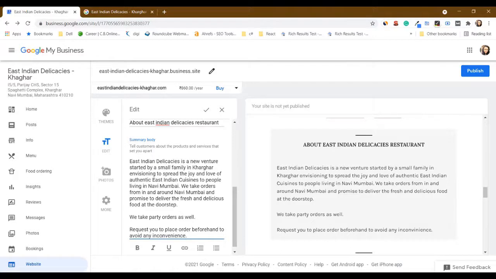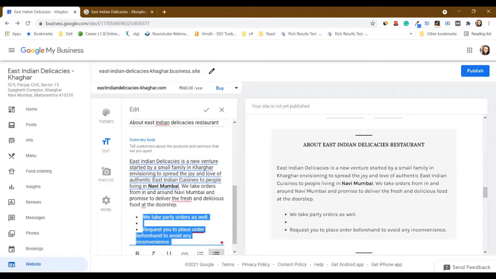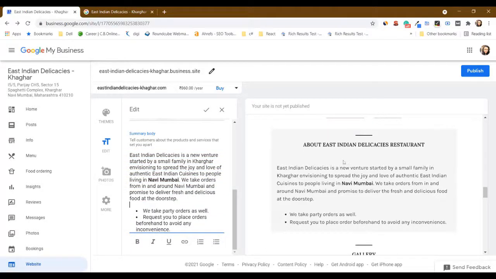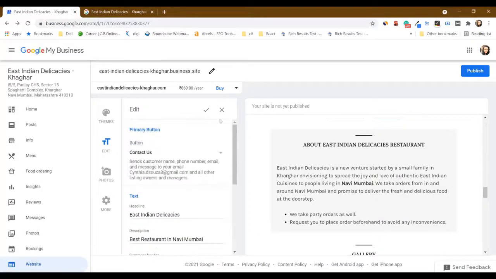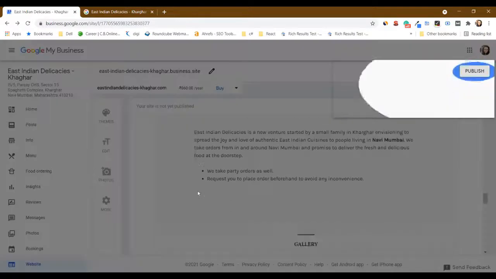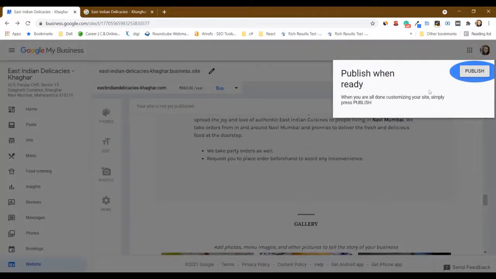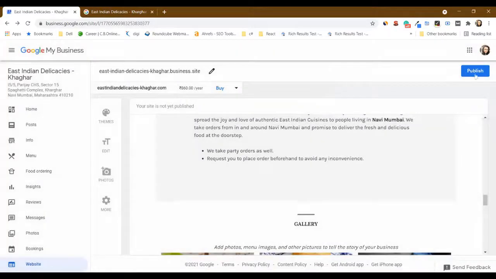So here I have added a description. So if I want, I can highlight a few words here and there. I can make it into bullet points. So this is how you can add a description over here. You can add more. I feel this much is enough for me, so I have written only this much. Alright, and then you just click on this save button that is there over here, and then this information of yours gets saved. Alright, so I don't want to publish right now, so I'm not publishing it.